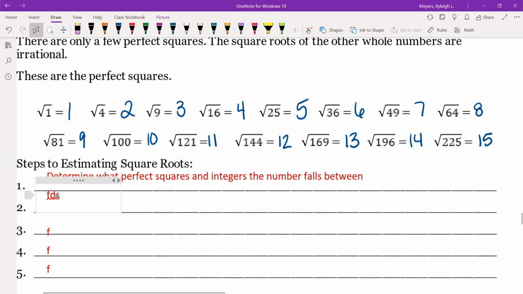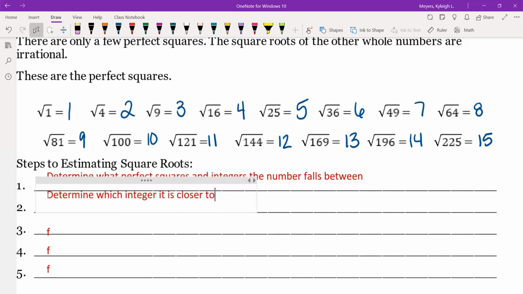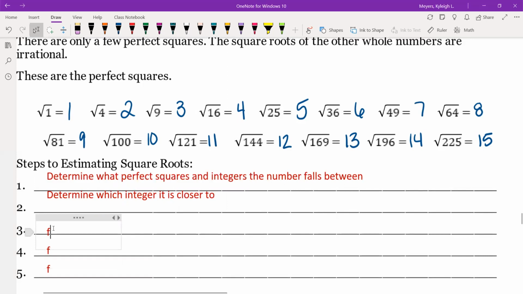These steps will make more sense once we look at them together. Step 2 is to determine which integer it is closer to, because that's going to help us estimate our halfway root. Step 3 is to use that to determine if it is above